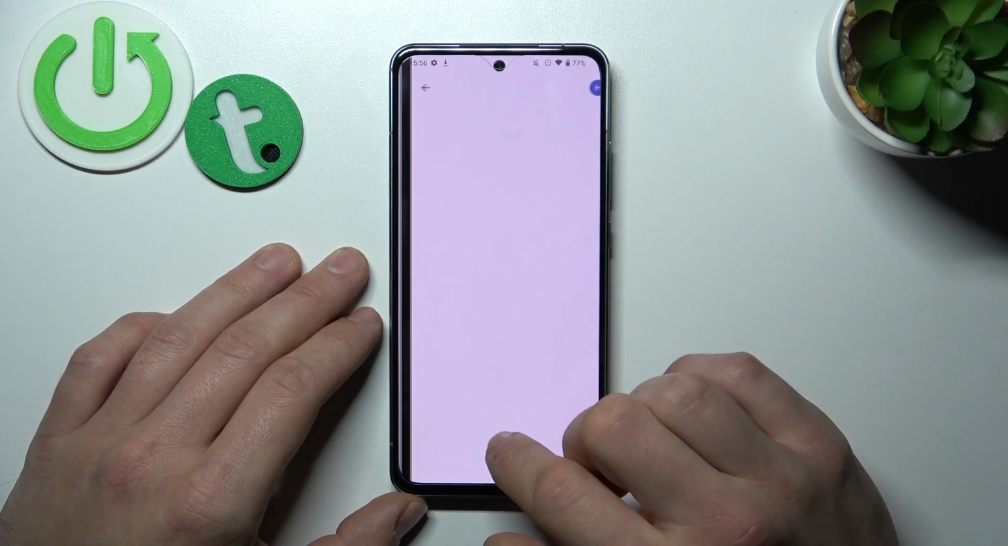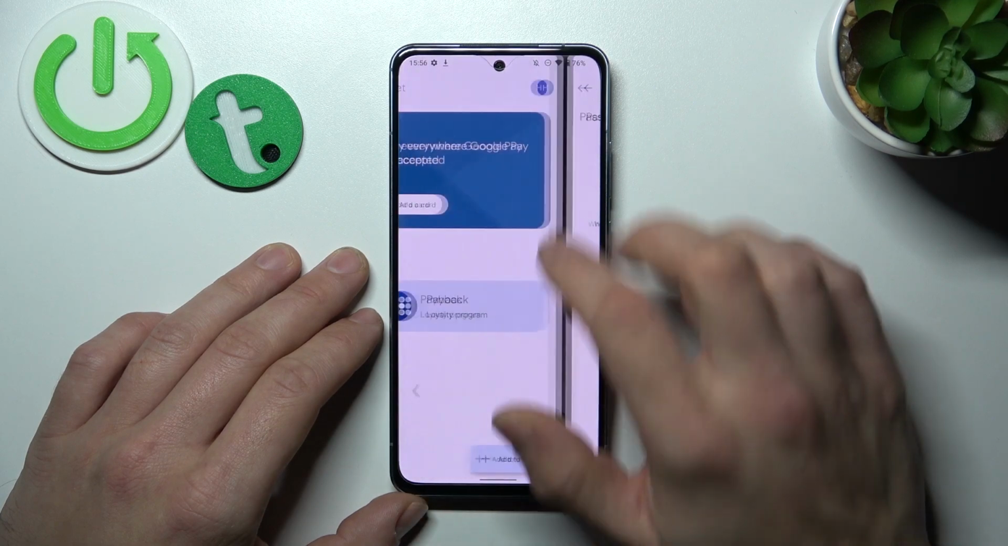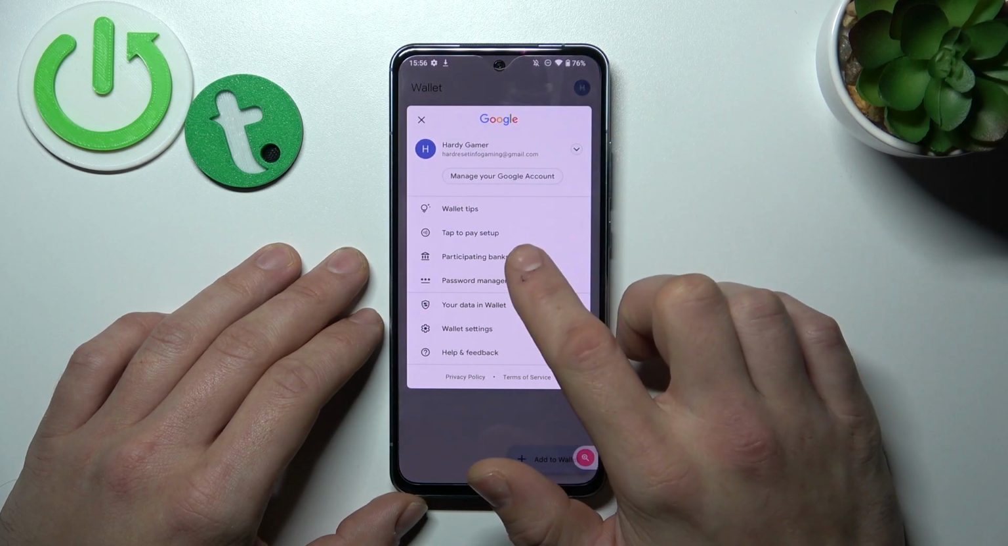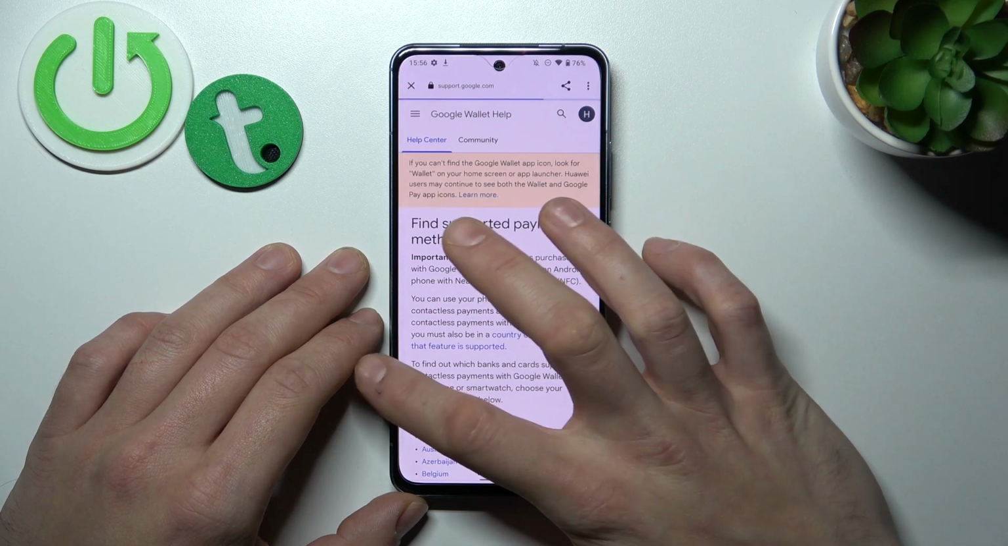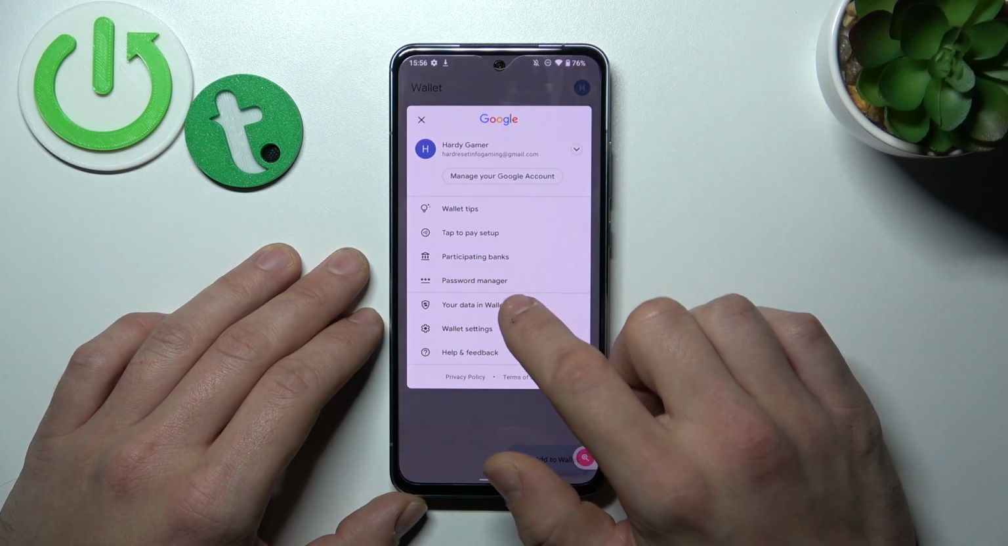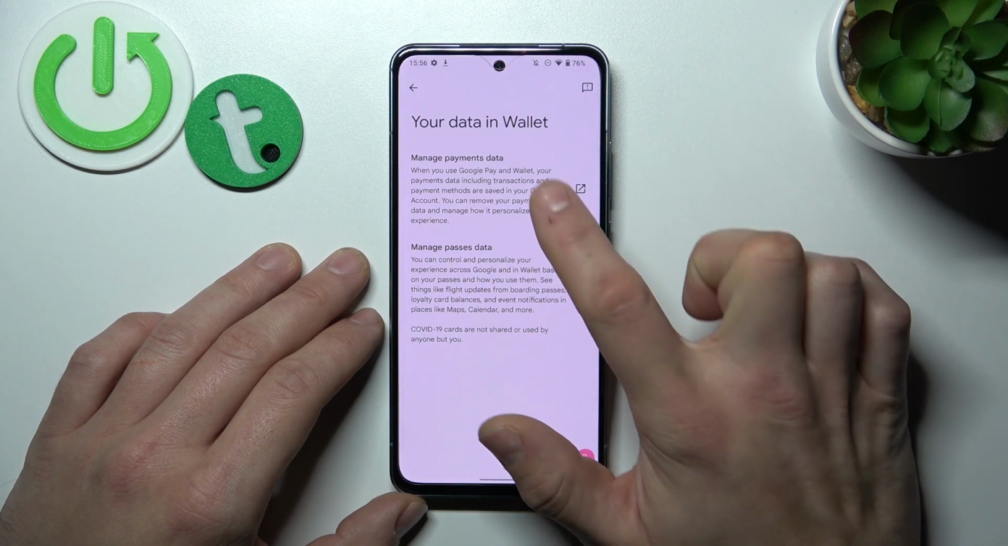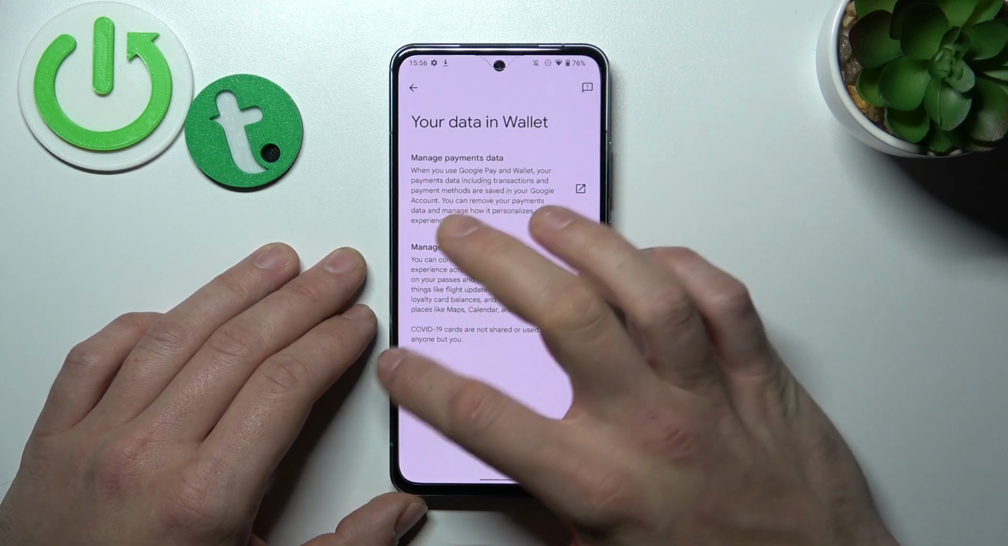Next, you can go to Password Manager, check all list of participating banks, manage your data in wallet, where you can manage payments data and passes data,